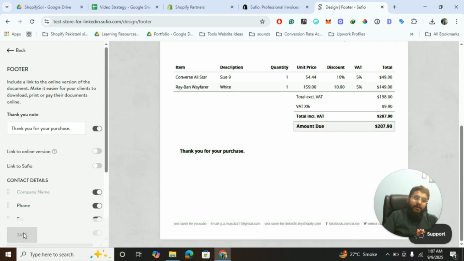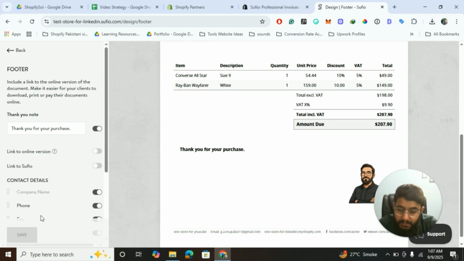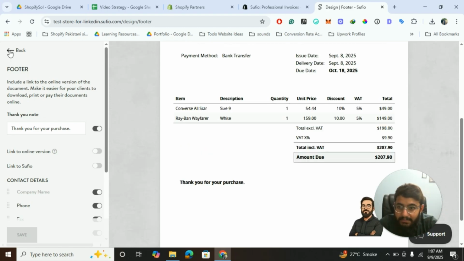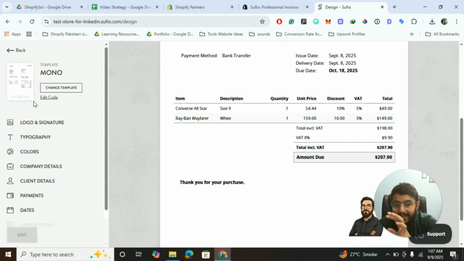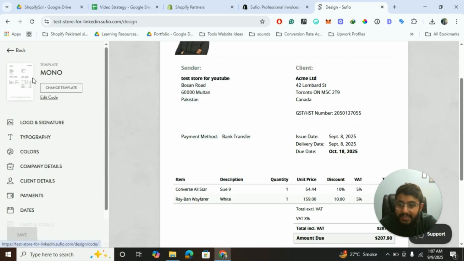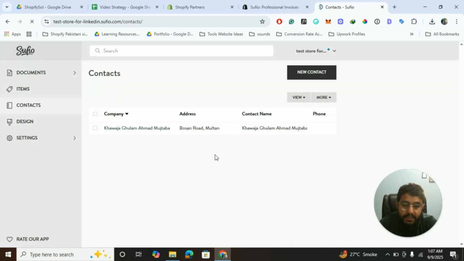I hope you will love this app after you use it. I have been recommending this app for many years, and trust me, this is one of the easiest to edit apps and the most professional one. So I hope the things are clear. The best thing is, once you edit the design, you don't have to do anything else. You will have all the invoices created using that design, and that's how the things are done. Thank you very much, and let me know if there is an issue.